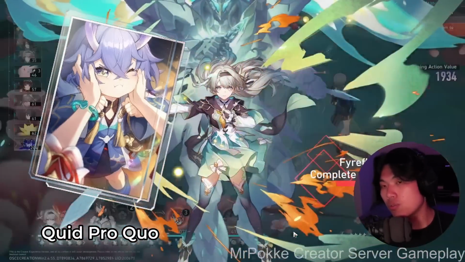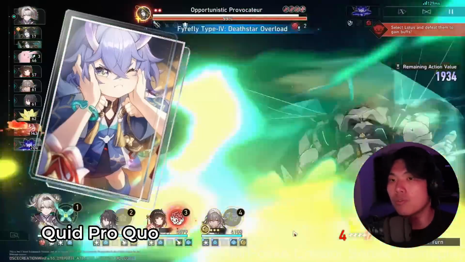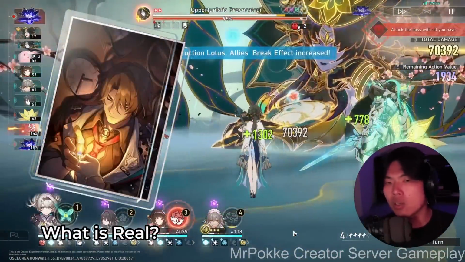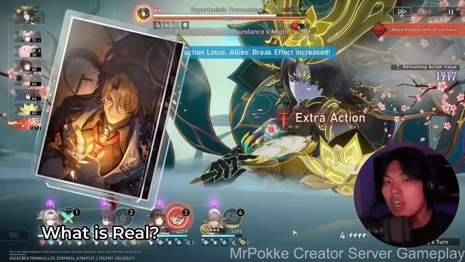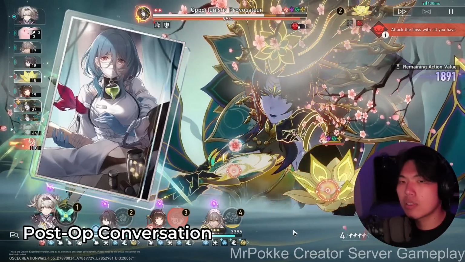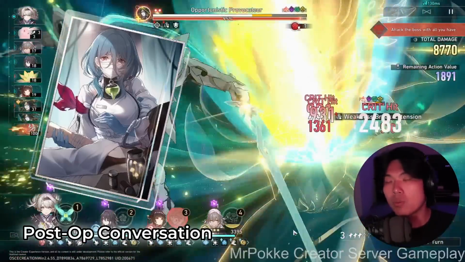And of course, Fu Yuan and Lingsha's healing is going to be a little bit lower if you're going to be running Quid Pro Quo for the offensive setup. What Is Real is also another interesting abundance Lightcone just for the break effect. You guys want to consider that. And another option is going to be Post-Op Conversation. Pretty good just for the 16% energy regeneration, since it can advance Fu Yuan by 100% whenever it casts our